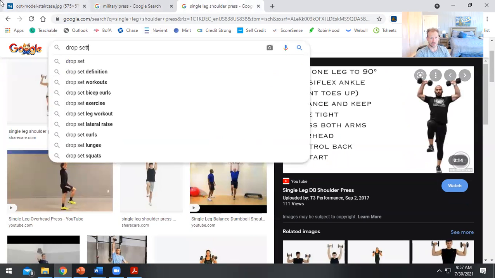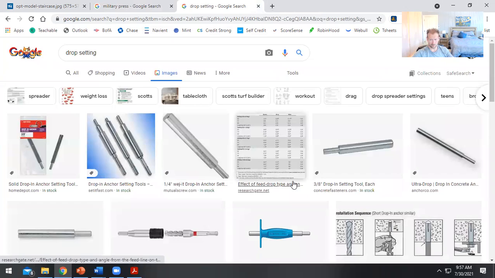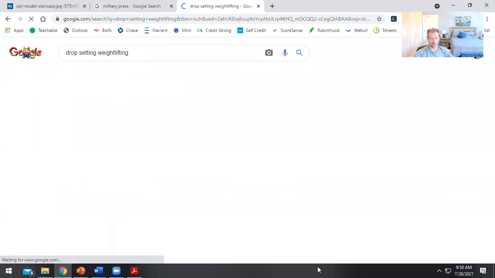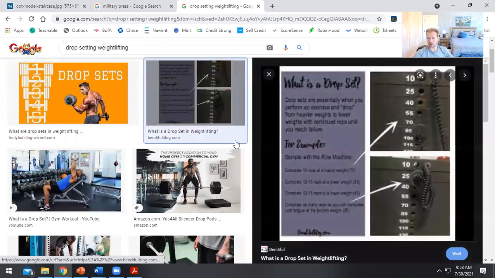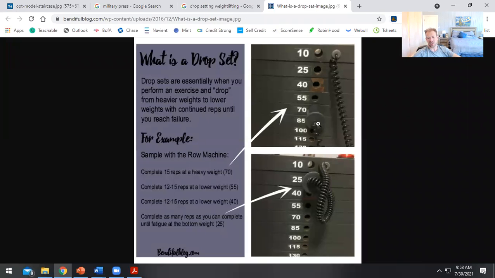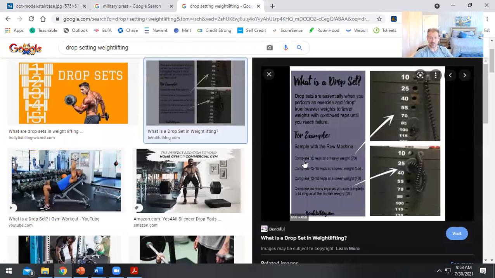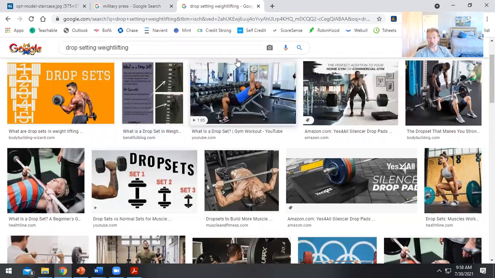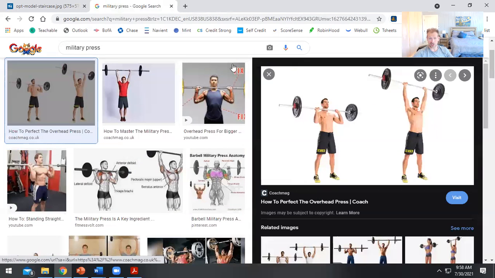Drop setting is where, yeah, it looks like this. It's where you'll basically, let's say you do a set at 70 pounds here. You do as many reps as you can, and then you can't do any more. And so then you lower the weight down to 25 and you keep going for as many as you can. And then maybe you could drop it down to 10 and keep going for as many as you can. And it's just a really great way to burn a lot of energy in a short period of